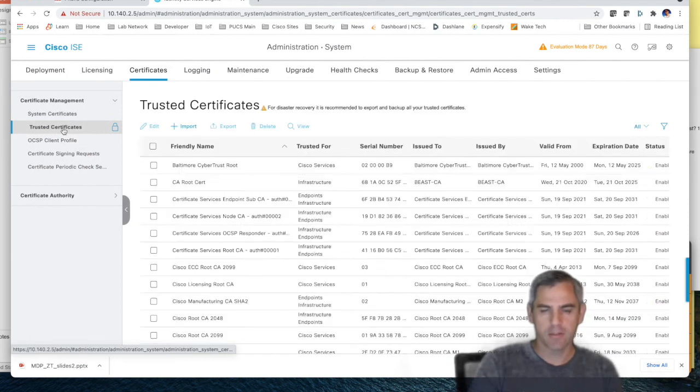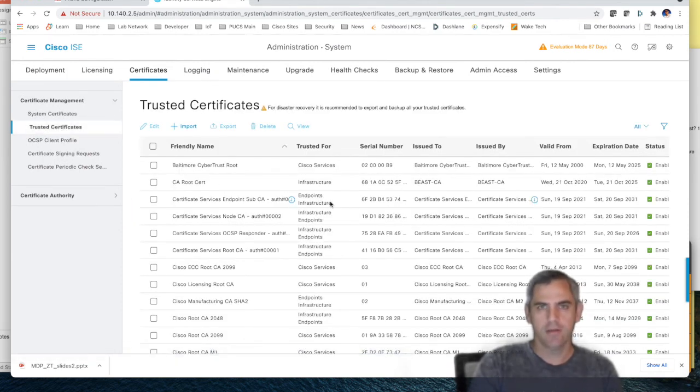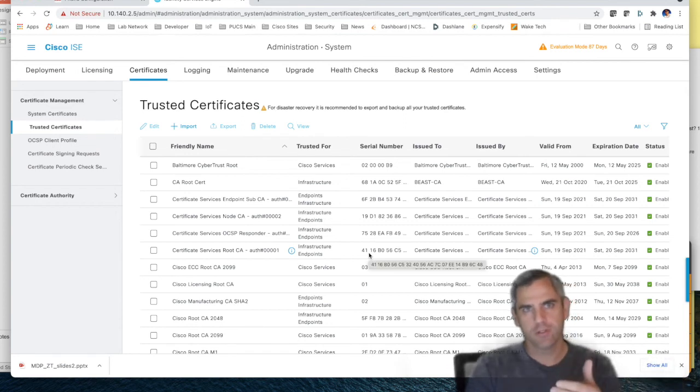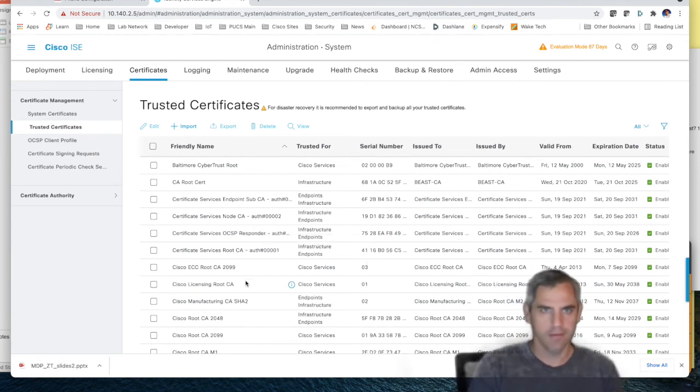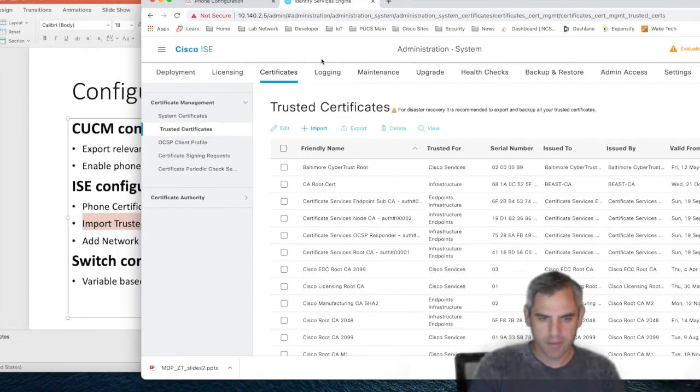And this is, like I said, what you use to create that trust, as the phone provides a certificate to the switch. The switch provides that certificate over RADIUS to ICE. And ICE says, oh yeah, I trust that certificate. In fact, I signed it. Of course I trust it. Allow this device onto the network. This is very straightforward. The last piece is adding your network